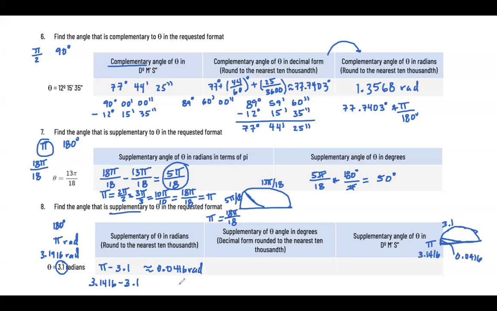Now, if we want to know how much this is in degrees, what we have to do is write the angle in radians, 0.0416 times 180 degrees divided by pi. Let's find out the value that we get. 0.0416 times 180 divided by pi. And that's about